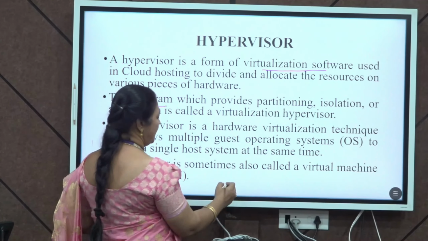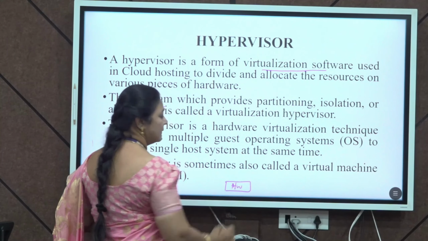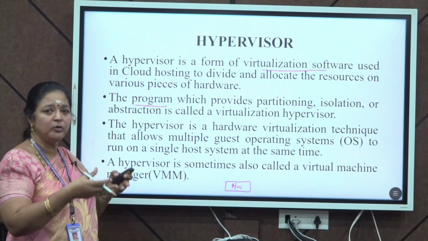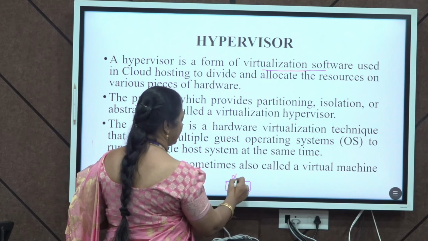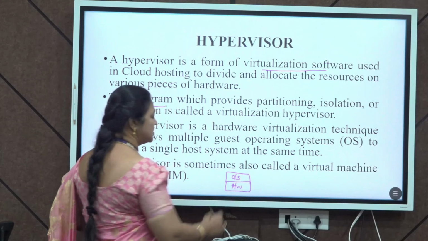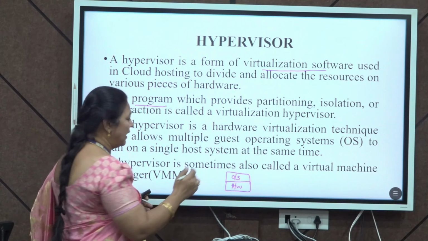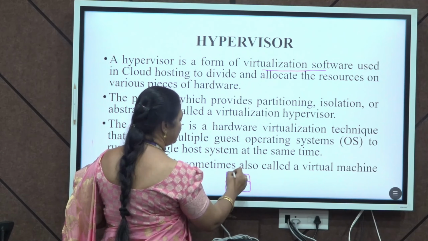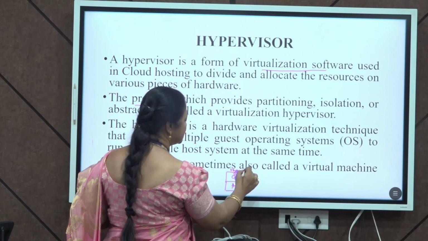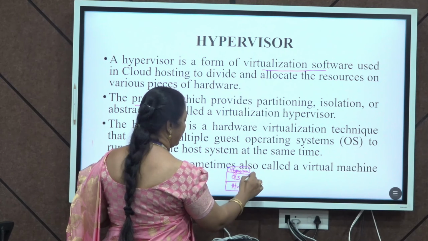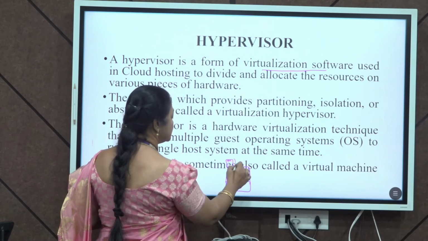So many terms we have come across, so I'll say what they are. Usually we have hardware at the bottom, right? To make use of this hardware, we need an OS. So an OS is essential on top of this hardware, right? And where does this hypervisor come in? On top of this OS, we can have this hypervisor, so that above this hypervisor, you'll have multiple virtual machines,